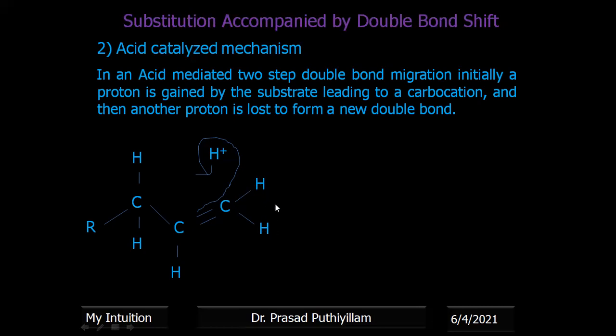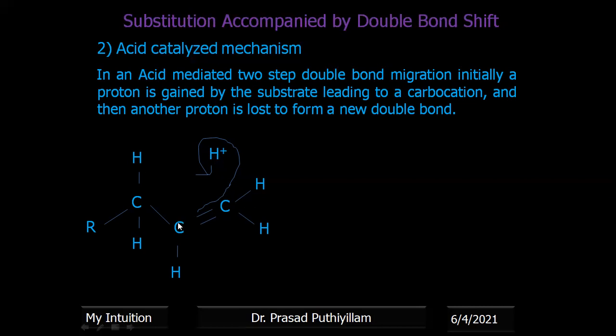Okay, that is what we studied in the Markovnikov addition mechanism. As a part of that, we say that addition of the positive part of the addendum takes place to the carbon containing more number of hydrogen atoms. So you can refer to my previous videos in which I explained that Markovnikov addition. So the electron density goes towards the terminal carbon, then it takes the proton. It forms a CH bond, so that a positive charge is formed on the second carbon, which is more alkylated. The second carbon, if a positive charge is there, is connected to one carbon here, a second carbon. So it is a secondary carbon. A secondary carbocation is formed, and a secondary carbocation is more stable than a primary carbocation.